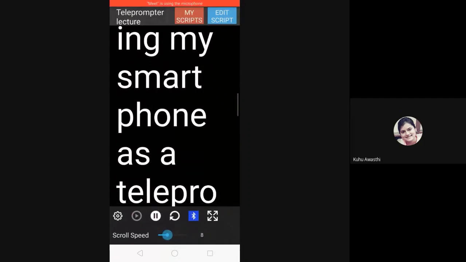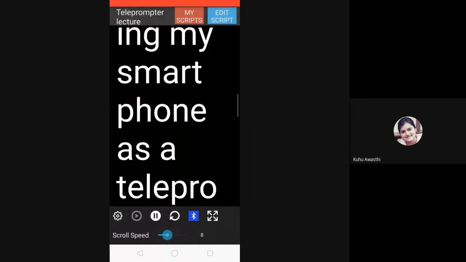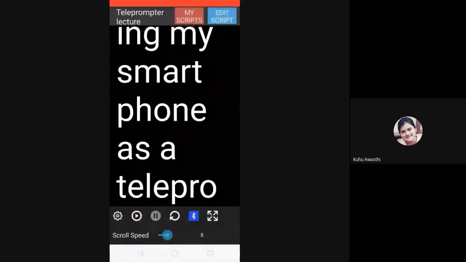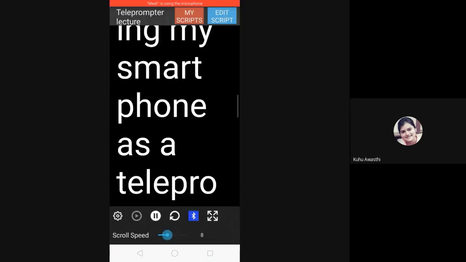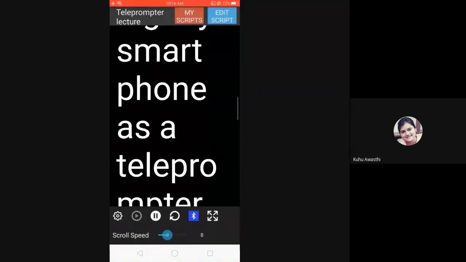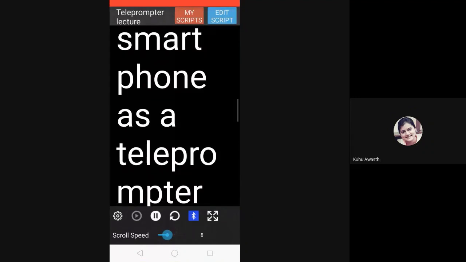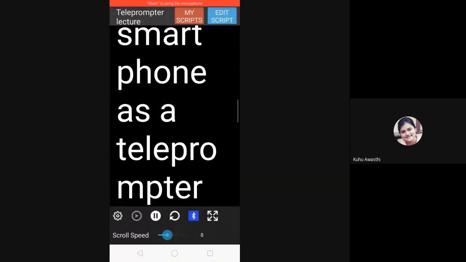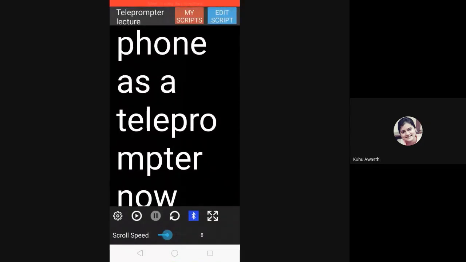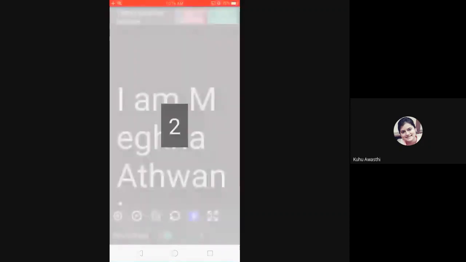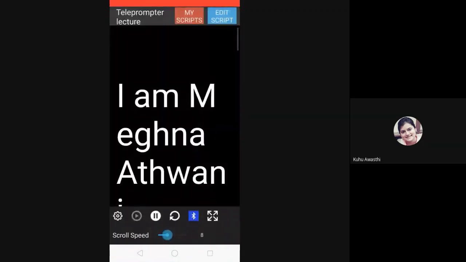You have two lines here which says pause. I have paused it. See, when I have paused it, the play option highlights. I will play it, and again the countdown begins. That is why if you want, you can disable the countdown. The pause option has highlighted. I will again press on pause. If you want to play it again, you can click on replay, that arrow. Okay.